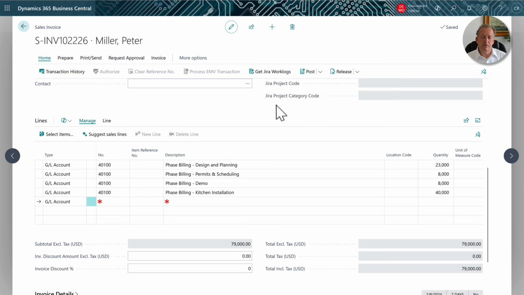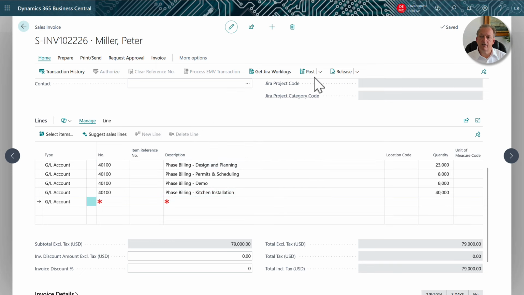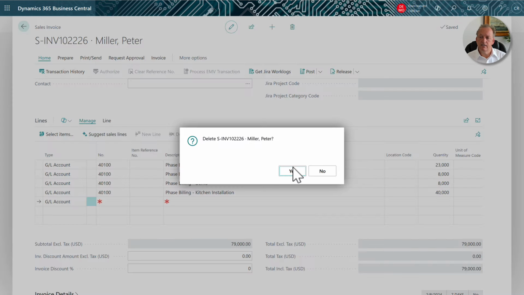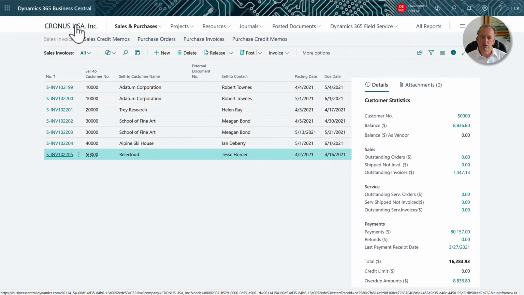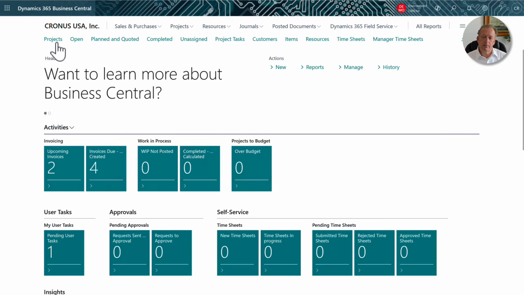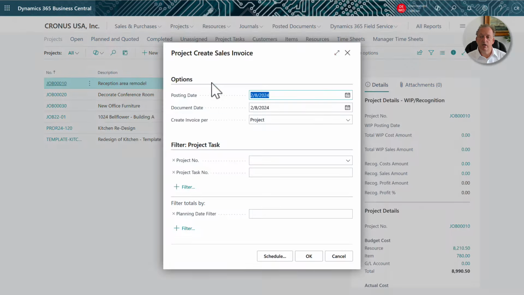Interesting note is that this is an unposted sales invoice, so this is not set in stone. If I do discover mistakes on here that need to be corrected before I submit the invoice, I can simply hit delete on the entire invoice, go back to my project, fix the problem, and come back into my project billing setup here, and then simply say, hey, generate a new invoice for this project,